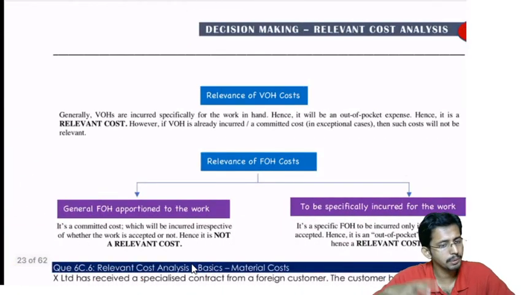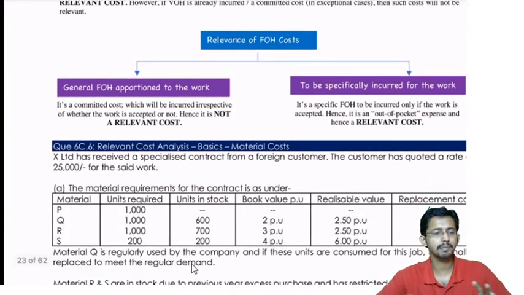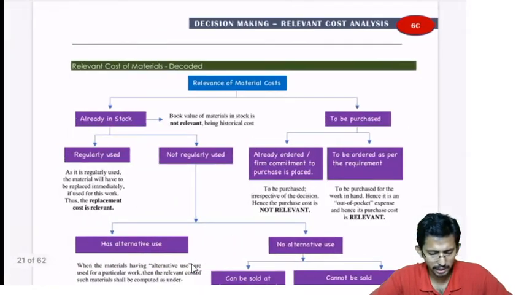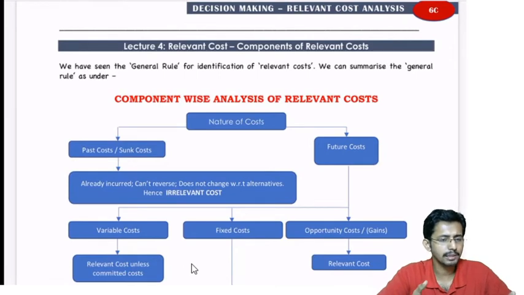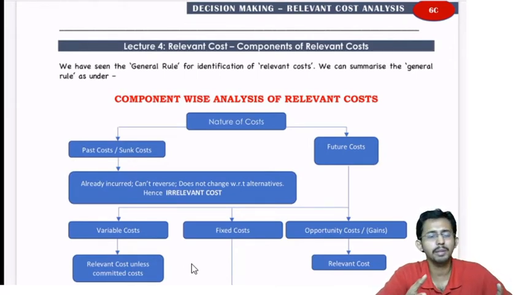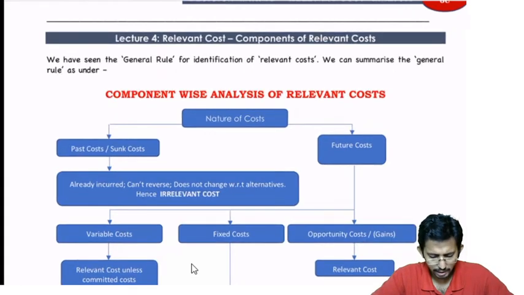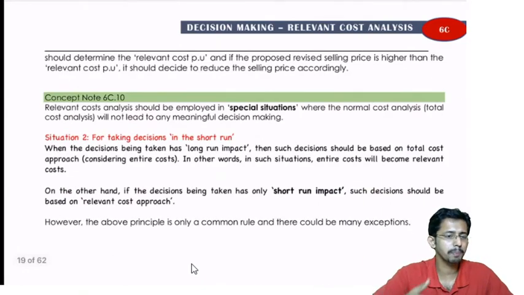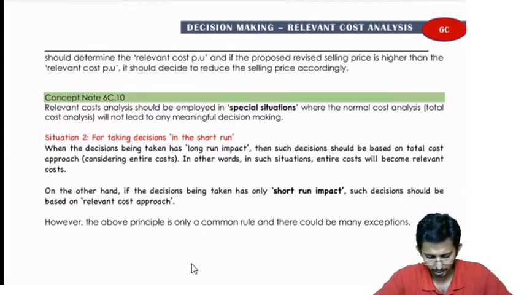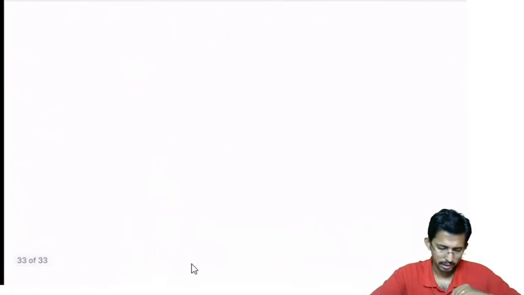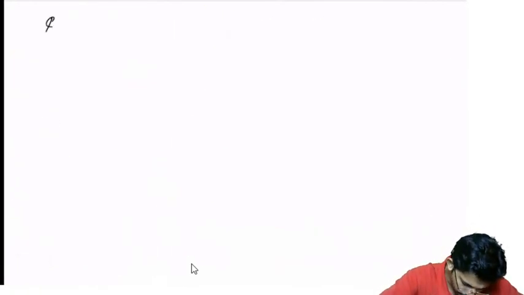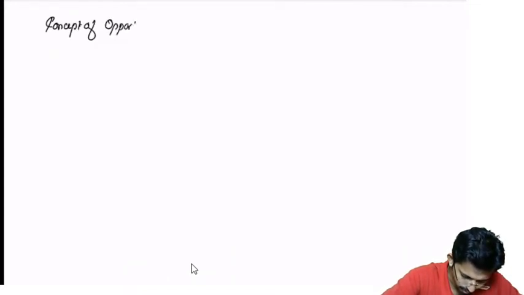This was required in your previous syllabus because it used to be a big chapter. But in your new syllabus, this entire section has only 15 marks weightage. And not only that, we don't have time to explain it one by one. So I will restrict the discussion to the material alone. You can go through that. Now, you can write one heading, concept of opportunity cost.